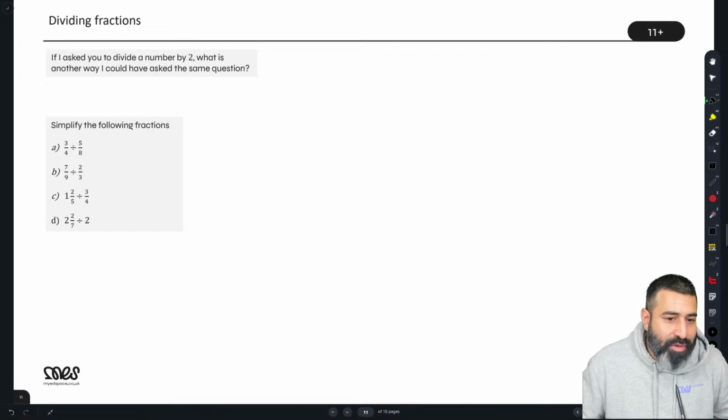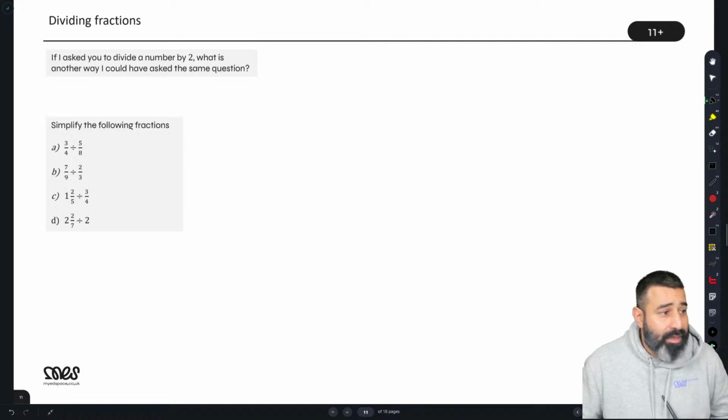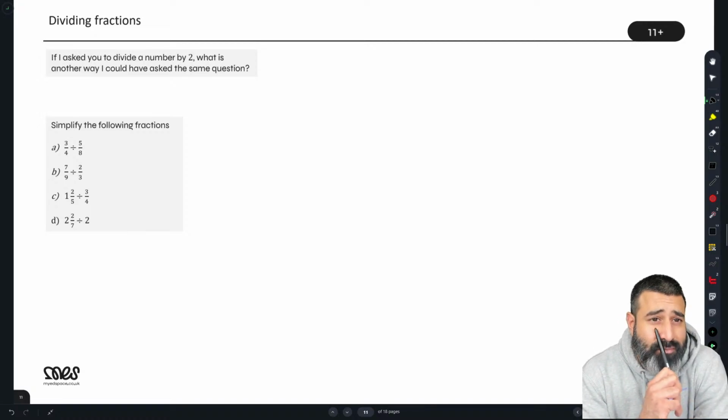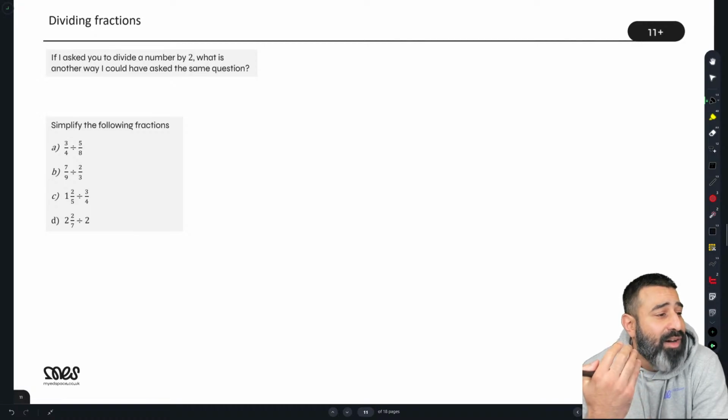Dividing fractions. Okay, we're probably just going to finish up on this slide, okay? Cool. Now, when we're dividing fractions, there is a really nice method that we can use. But before we get into the method, if I was to ask you to divide a number,